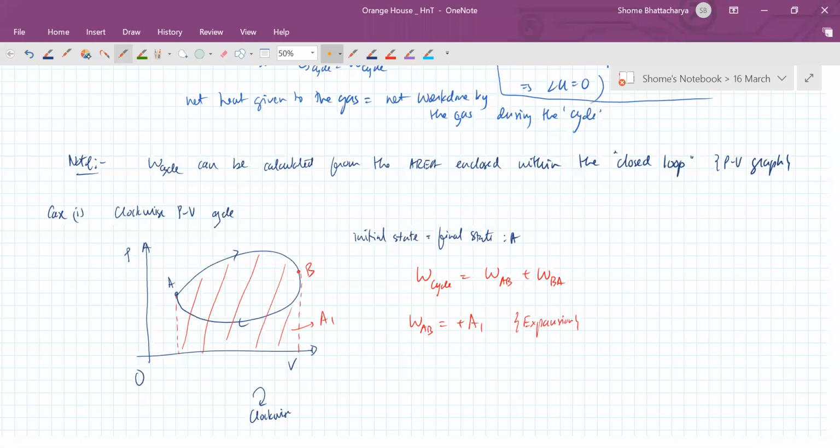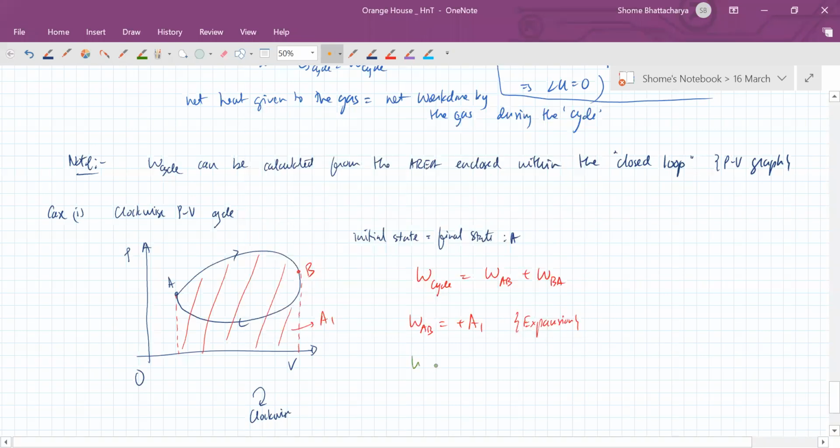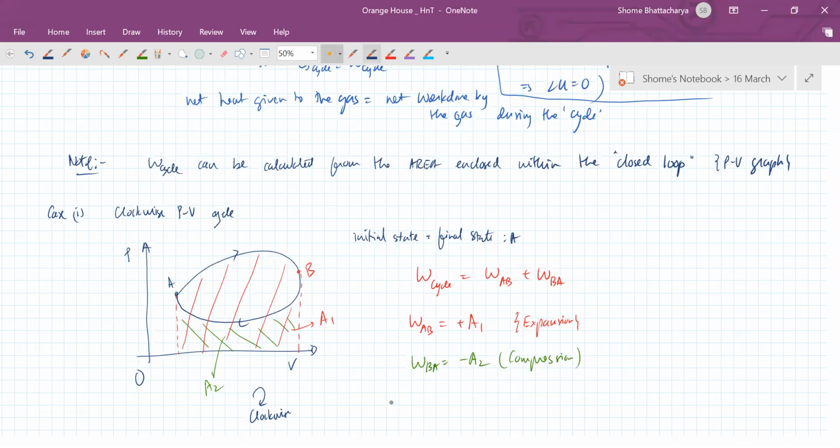Whereas if you consider the work done from B to A, that will be this smaller area, just this much. So net work done in the cycle